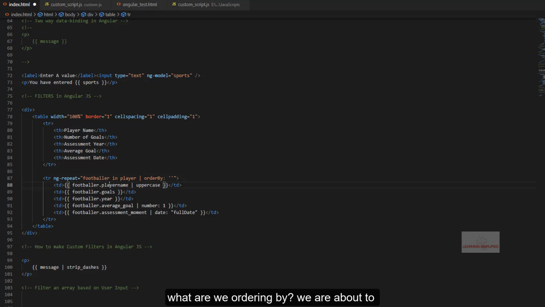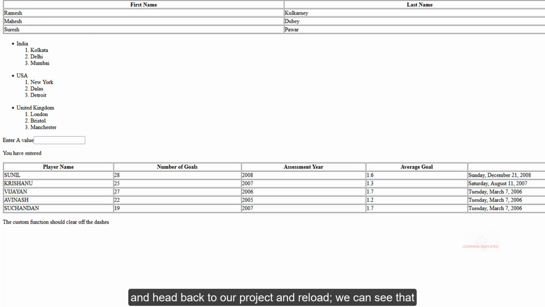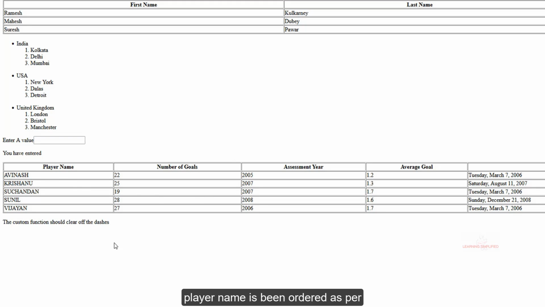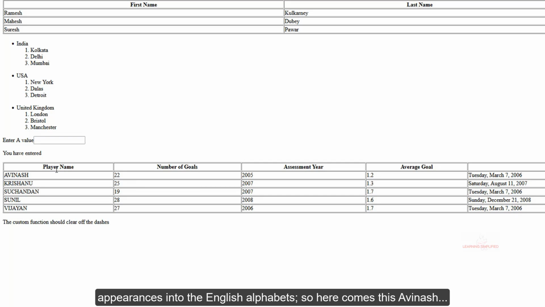We are about to order the player names used right over here. So we will be using them here. This is the player name. So if we now press Ctrl S, head back to our project and reload, we can see that the player names have been ordered as per their appearance in the English alphabet.